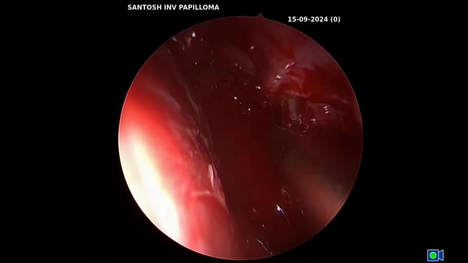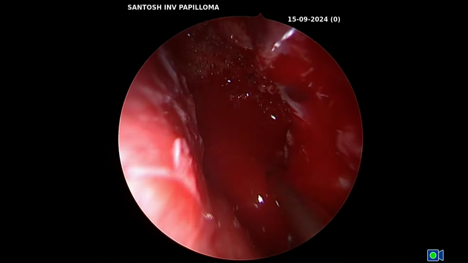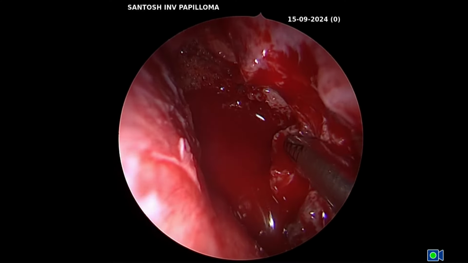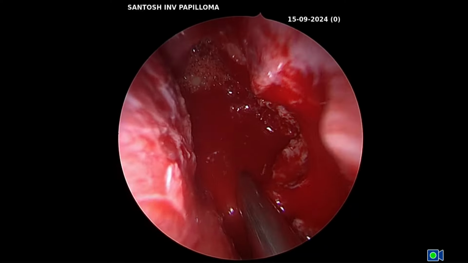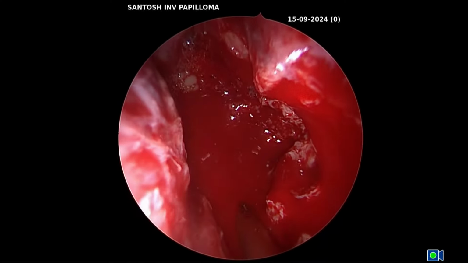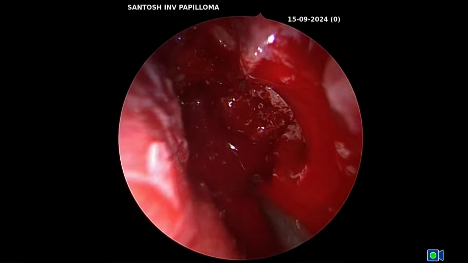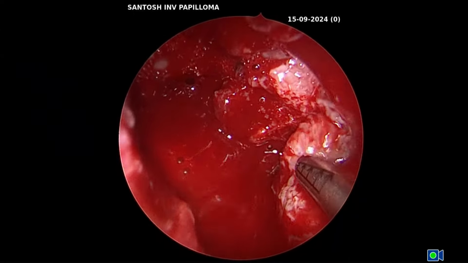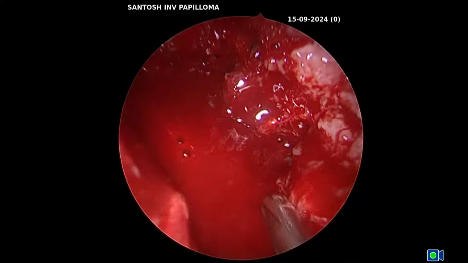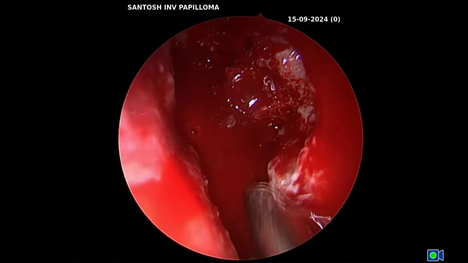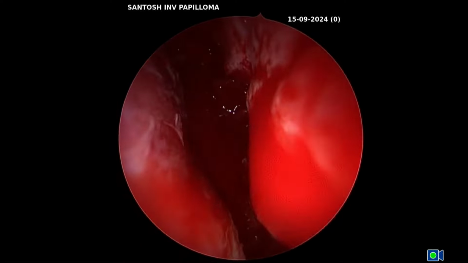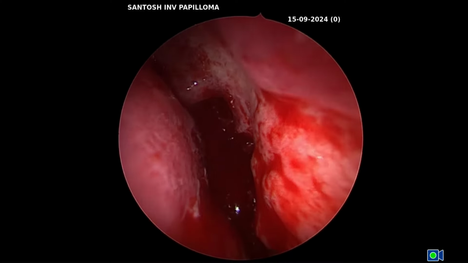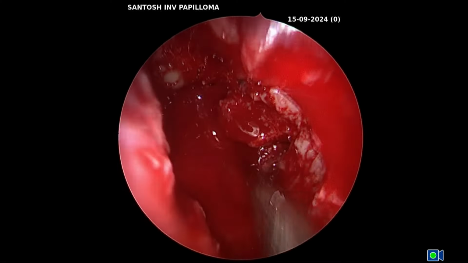So we are now removing the part of the medial wall of the maxillary sinus. You'll never get in a vascular mass, you'll never get a perfectly clear field. Only thing is you should be absolutely certain where you're operating and what you're doing and whether there's an important structure nearby. But if you keep waiting for a clear field,